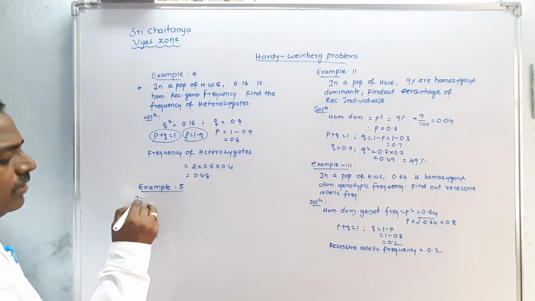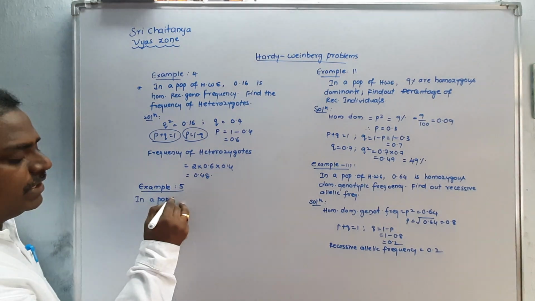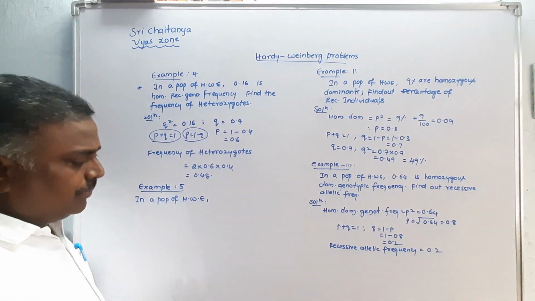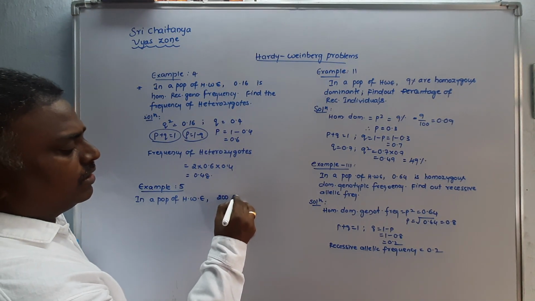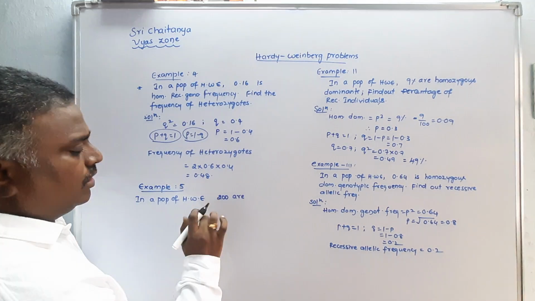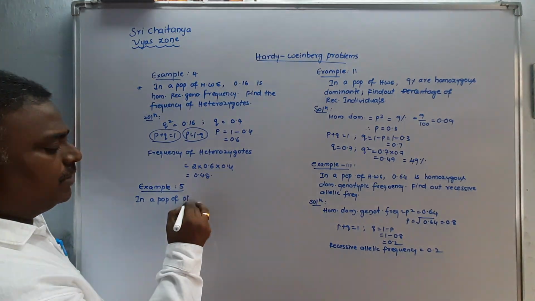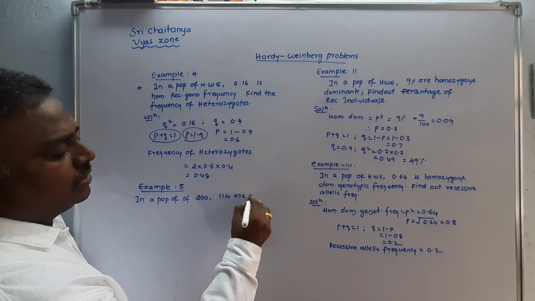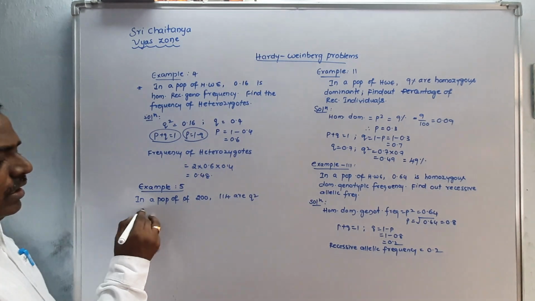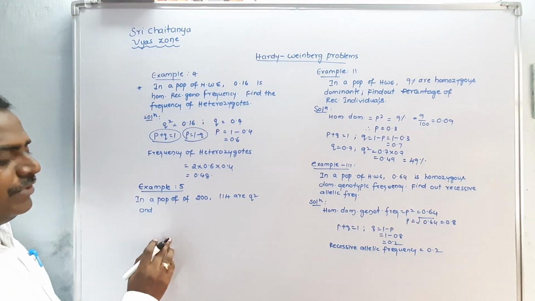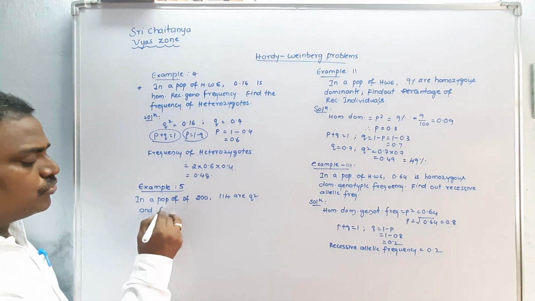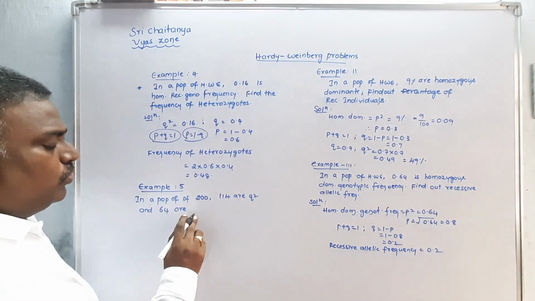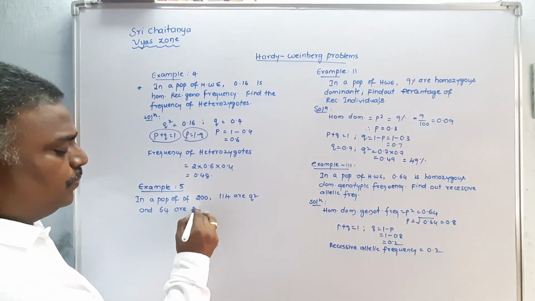So in a population in Hardy-Weinberg equilibrium, in a population of 200, 114 are Q square, that is homozygous recessive individuals, and 64 are 2PQ,